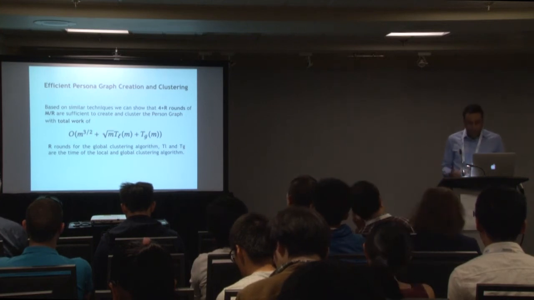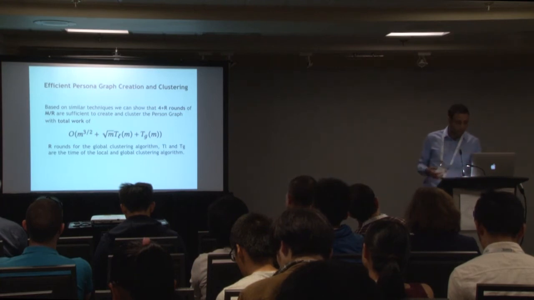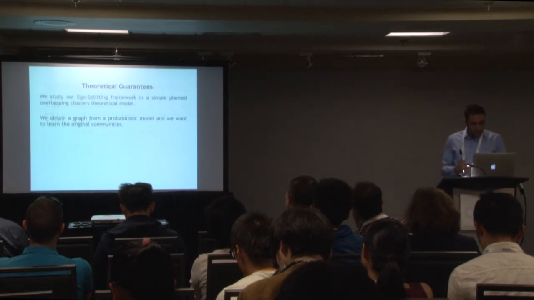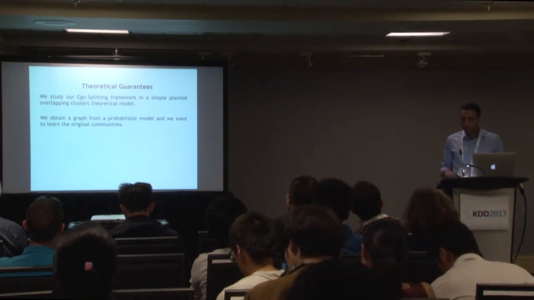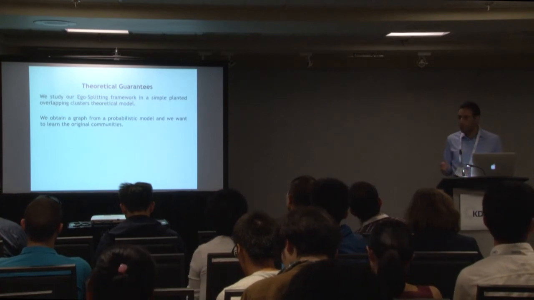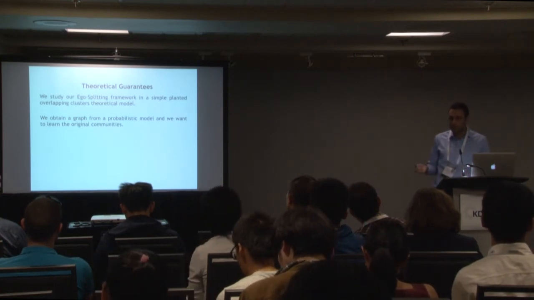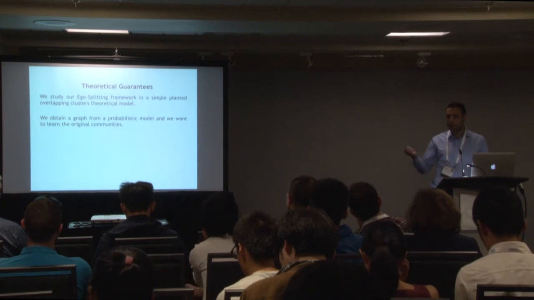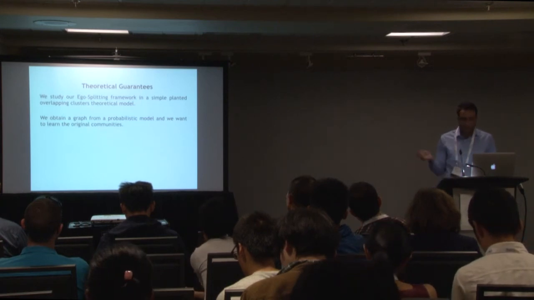And as we show in our paper, it is possible with some preprocessing to do that on graphs that are extremely large. So now the theoretical guarantees, as I said, we can show that this method correctly defines the clusters. Now to make this more concrete, we need to define which clustering algorithm is used at the level of the EgoNet and the level of the global graph.